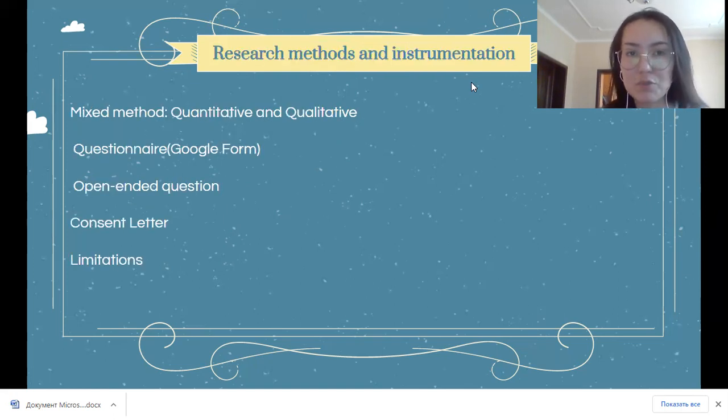Next are research methods and instrumentations. Mixed methods were used for collecting data, which includes quantitative and qualitative approaches.